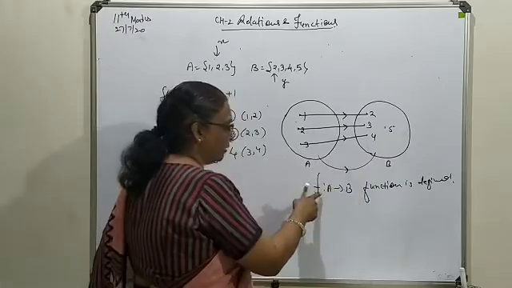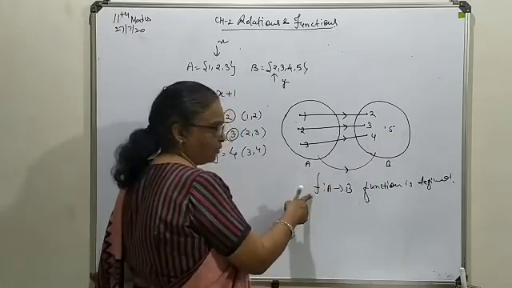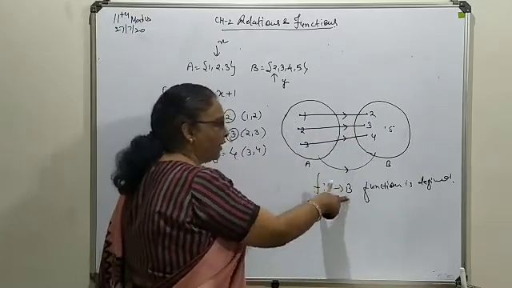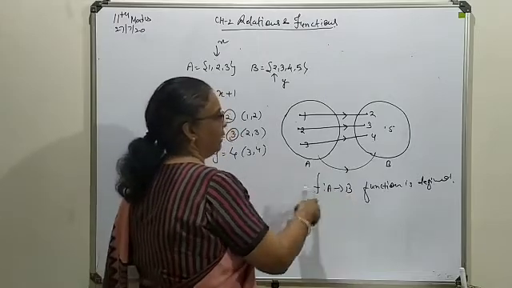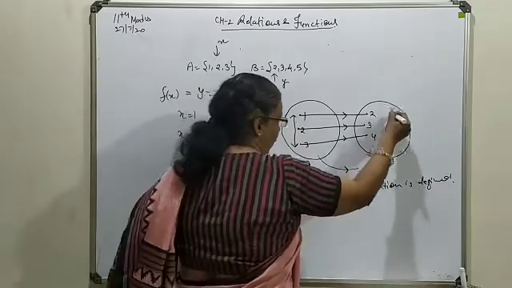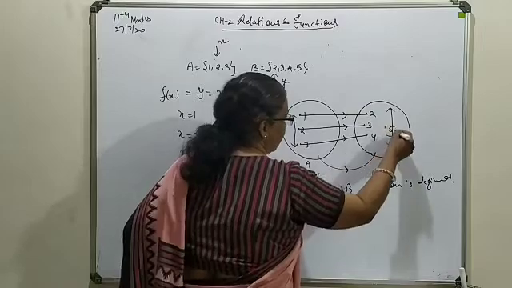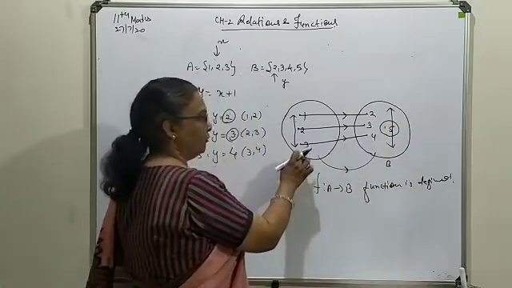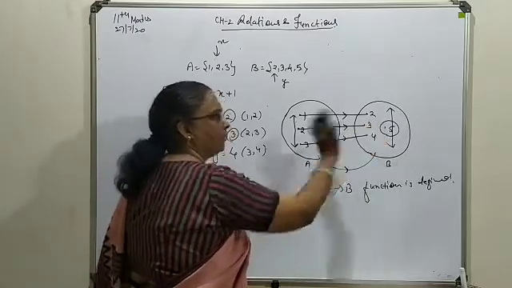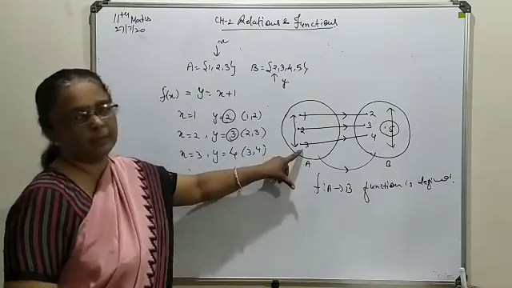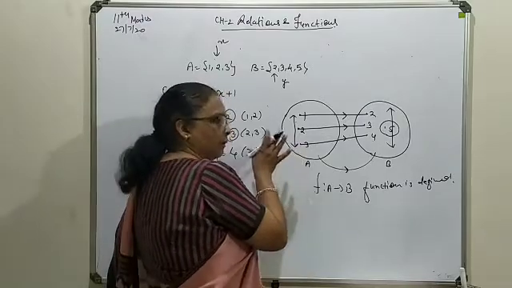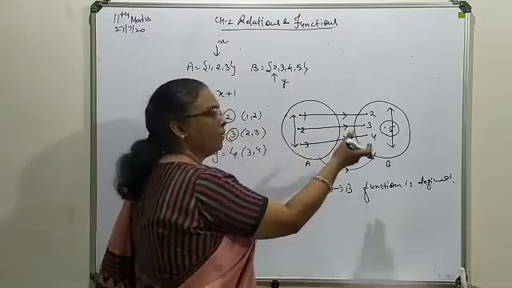Okay. So this way your function is to be right. F means function. So this is the relation called a function. From where to where is it being defined? It is defined from A to B, and all the elements of the first set are forming an image in the second set. It doesn't matter if some element of set B is not the image of any element of set A; it may remain as such. But all the elements of set A should take part in the formation of an image. So this way your relation can be considered as a function.